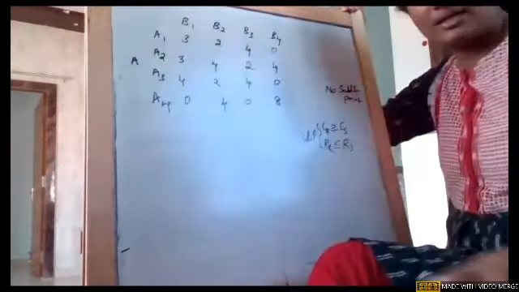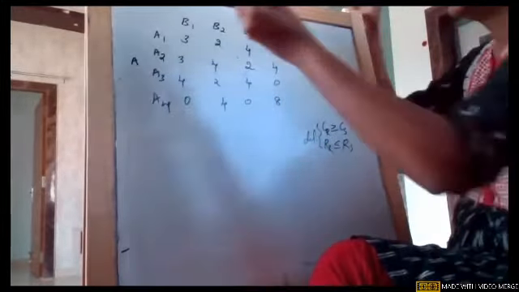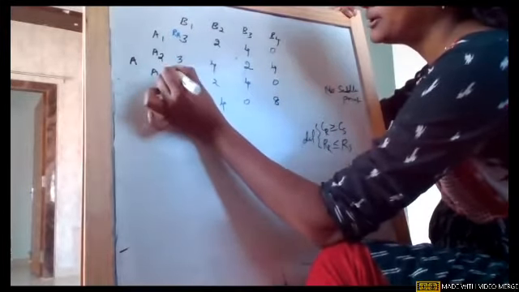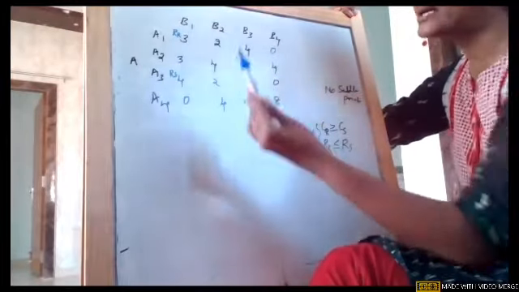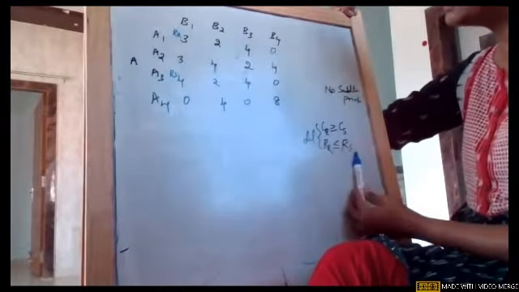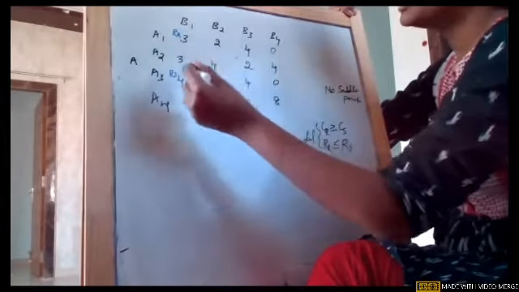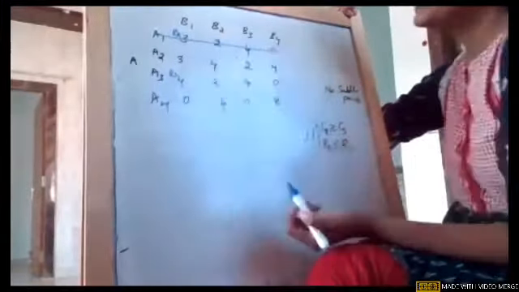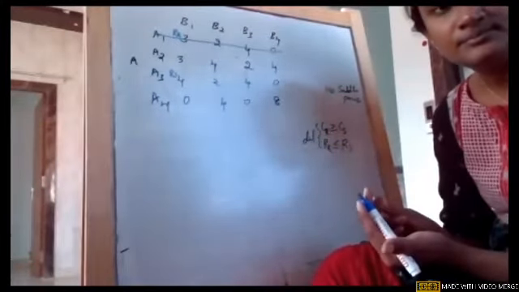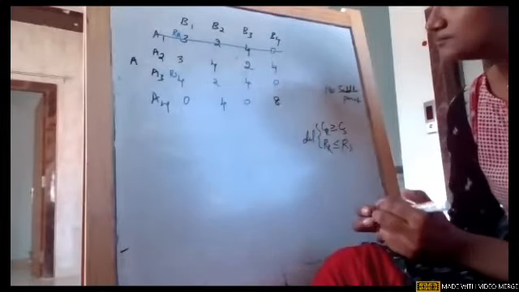Now I will name the first row RR, and the third row RS, girls. Just check it out. RR must be all less than or equal to RS. 3 is less than 4, 2 is equal to 2, 4 is equal to 4, and 0 is equal to 0. So delete. This is the dominance. So delete the first row. Am I clear? Girls, am I clear? Yes, ma'am.